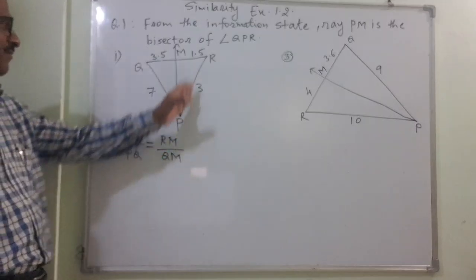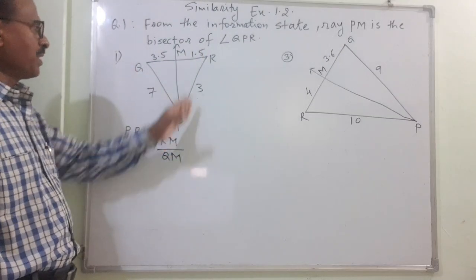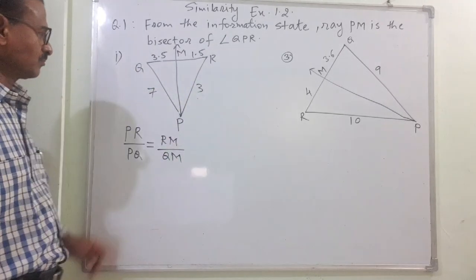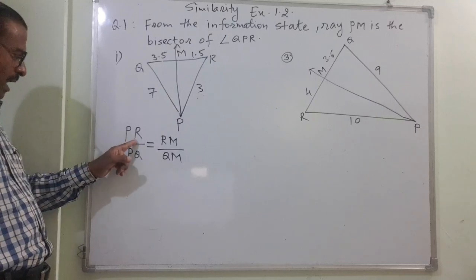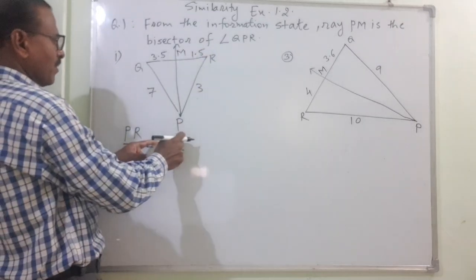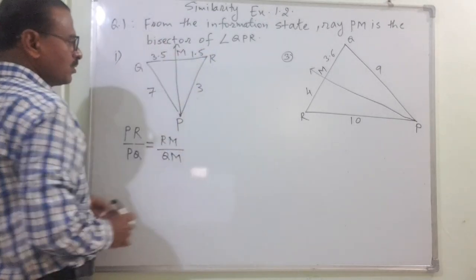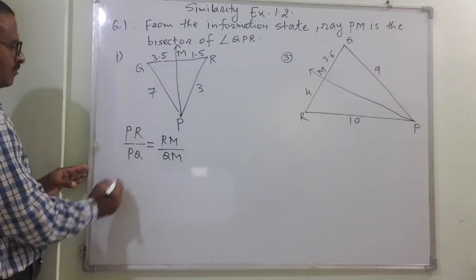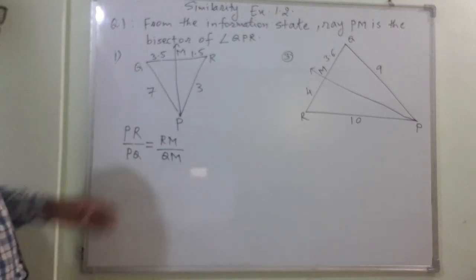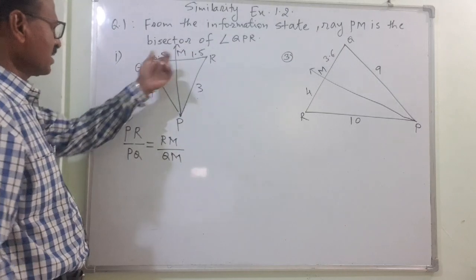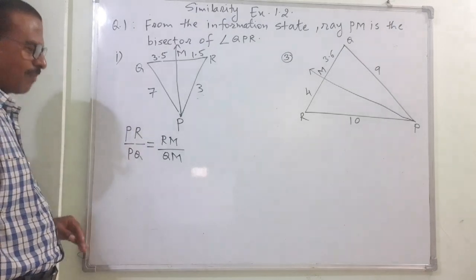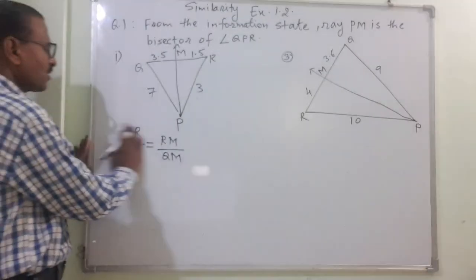So what I take, this side first I have taken, you can take this also. PR upon PQ, the ratio of the two sides making that angle, is equal to PR from R this has to be started to RM, PQ QM. Don't forget this sequence. Therefore, this is the requirement what we know. Now all these segments are given. I will find whether PR upon PQ is equal to RM upon QM. So I will start with this.